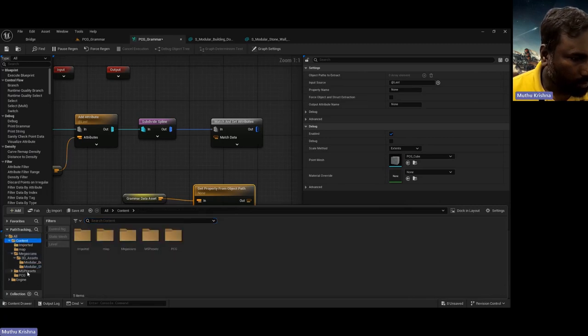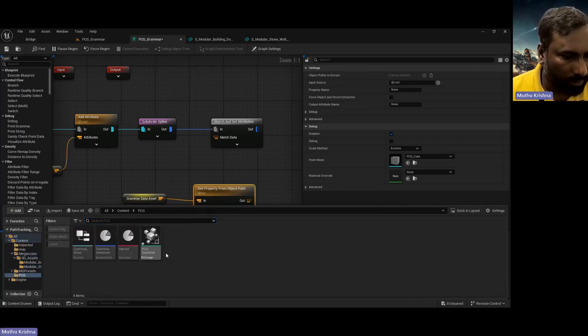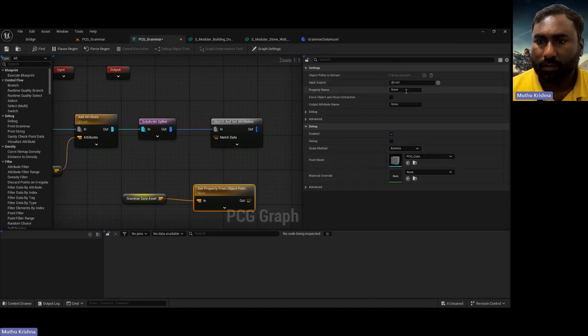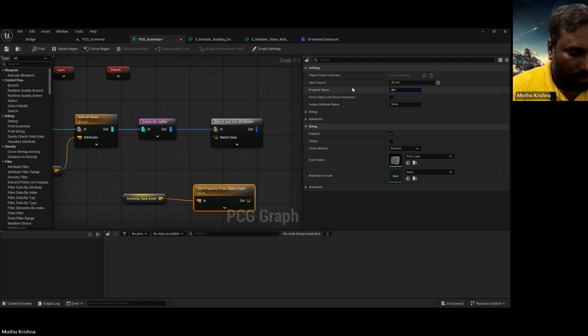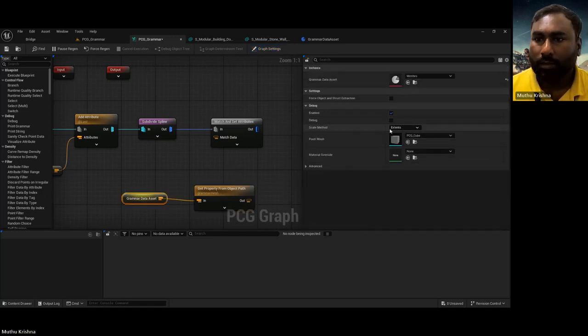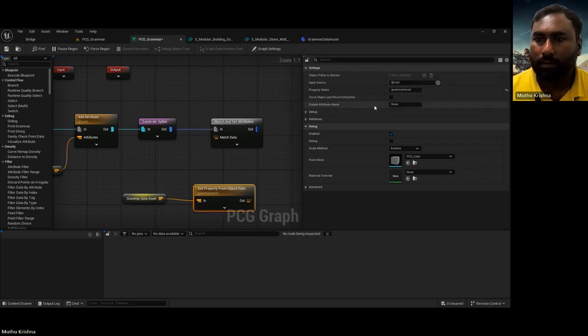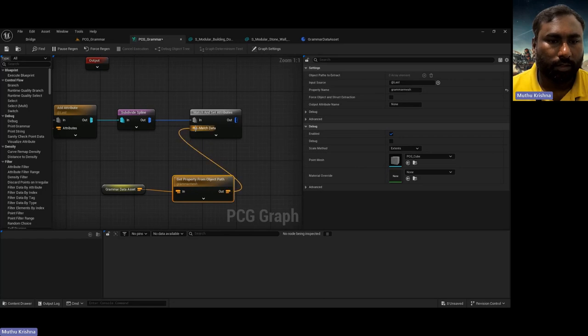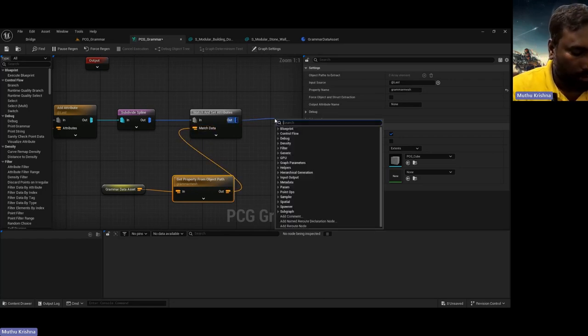So if I go to the PCG graph, so okay, it's grammar mesh. So we need to just go over here. We need to put in grammar mesh. So if you put the right name, you'll be able to get property. So we got it. So we'll match it, and we